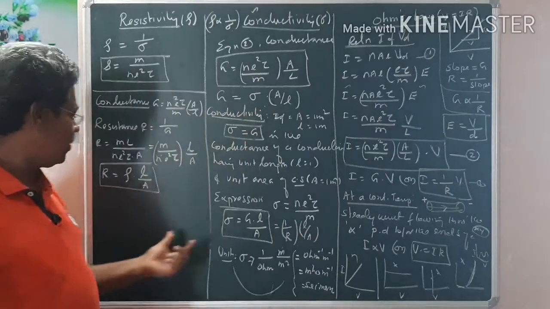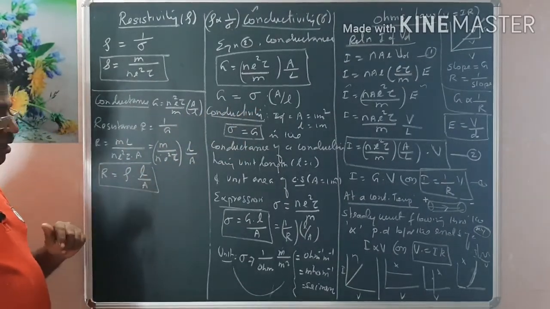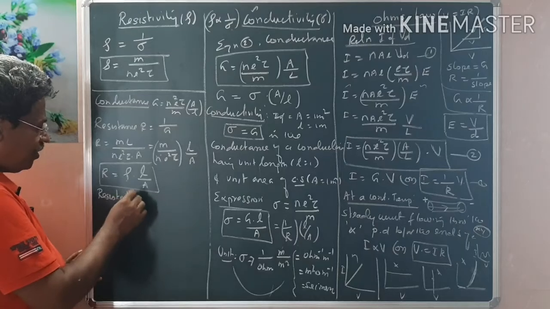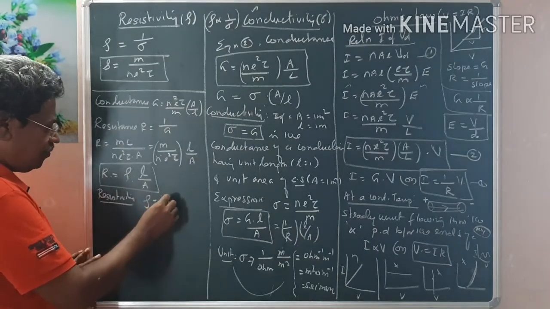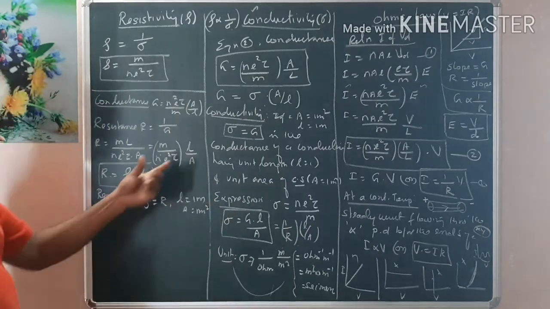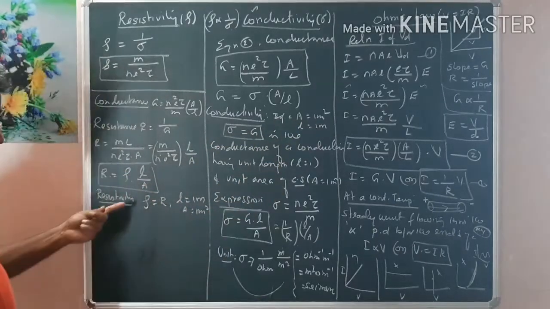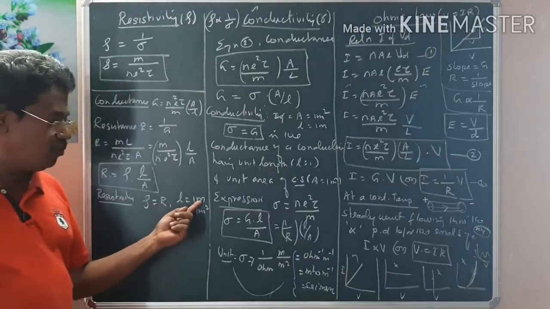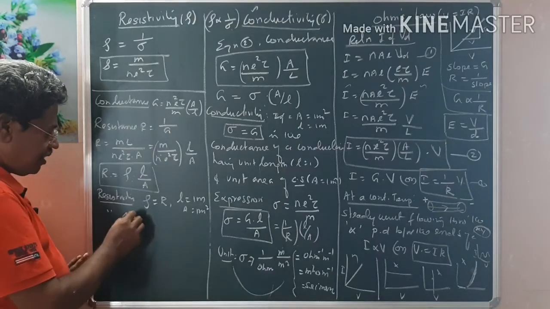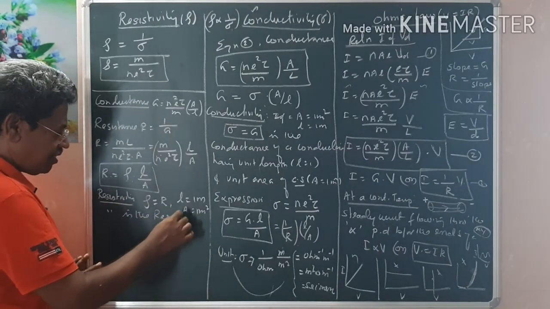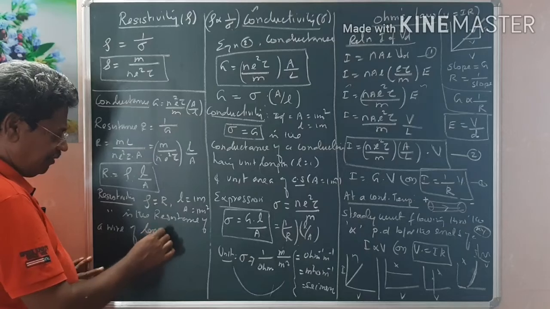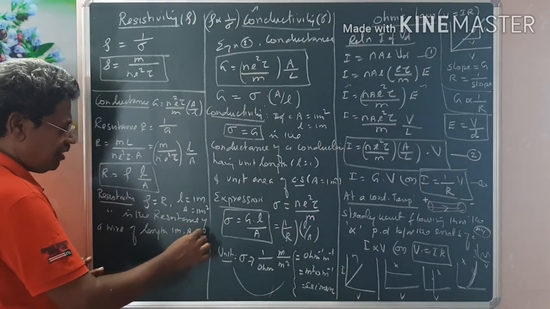Similar to the conductance, now also we are writing R is equal to the new term rho into L by A. Therefore now I am going to define resistivity. How will you define resistivity? You see, resistivity rho is equal to R if L equal to 1 meter, similarly A equal to 1 meter square. Here conductivity is the conductance if L and A are 1. Here resistivity equals the resistance of a length of 1 meter and area of cross section 1 meter square. Therefore I can say that resistivity is the resistance of a conductor or a wire of length 1 meter, area 1 meter square.